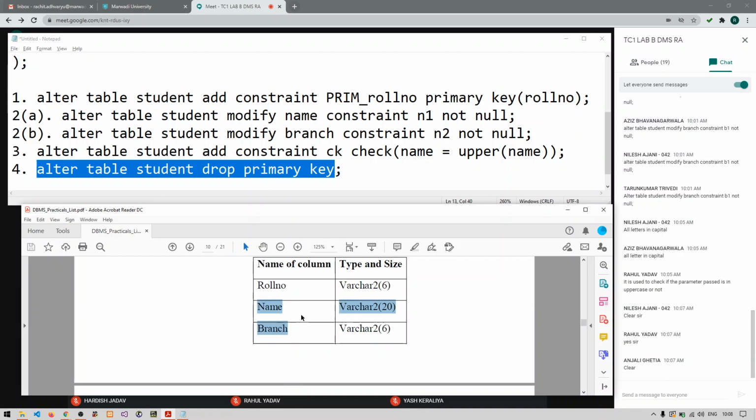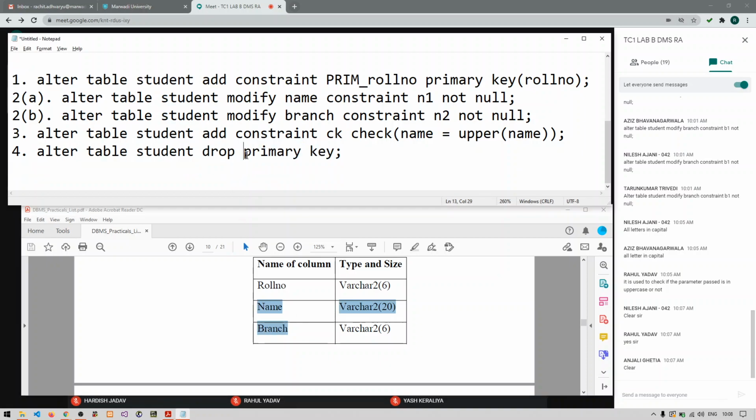And if you want to remove a specific primary key, then you give the second syntax, drop constraint prim underscore roll no. Either you use drop primary key, then whatever number of primary keys the table has, all the primary keys will be removed.